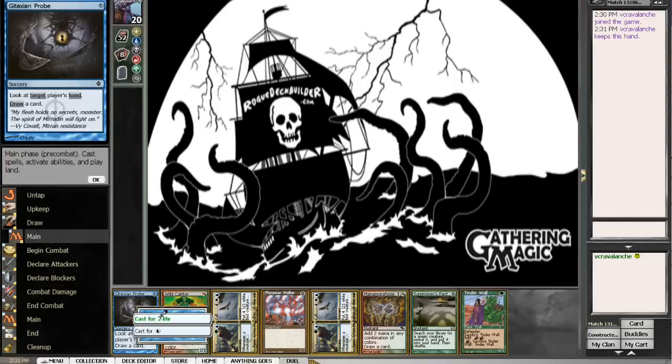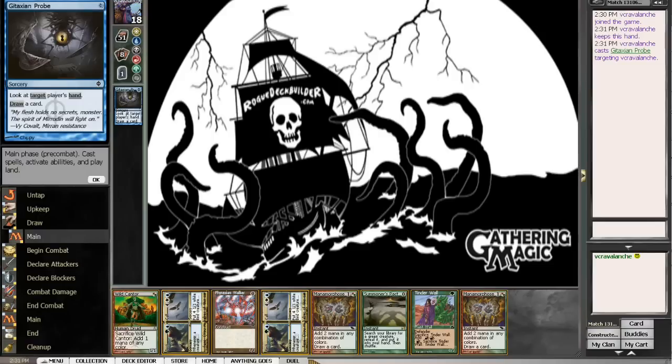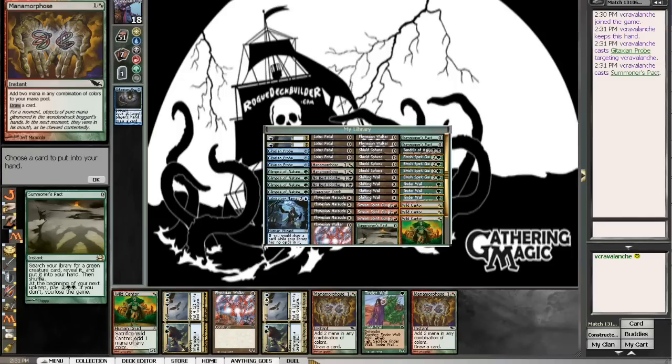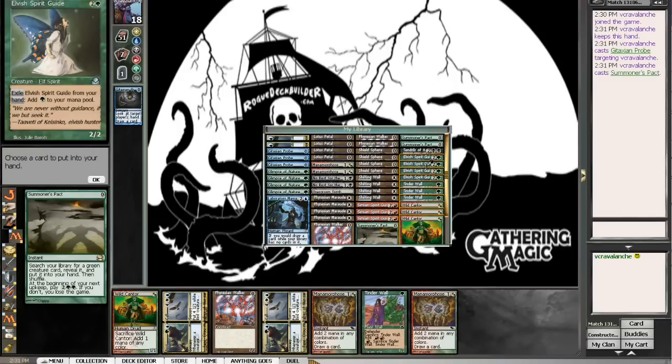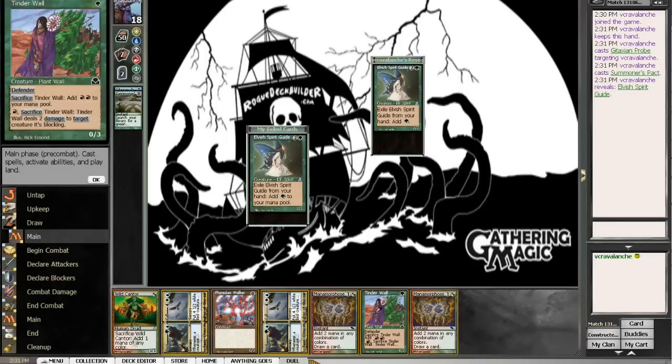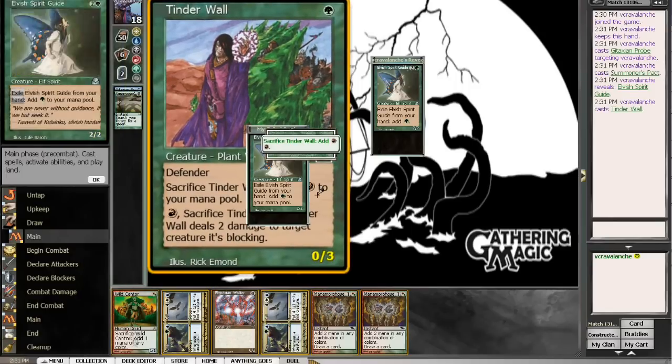So the first thing we're going to do is Gitaxian Probe, because that is going to find us more information. Now, we have the Summoner's Pack, so if we don't go off, we lose here. That's the problem with this deck. It's going to go grab an Elvish Spirit Guide because we have to get an Elvish Spirit Guide. Now, the Elvish Spirit Guide has to be exiled to cast a Tinderwall. The Tinderwall can now cast